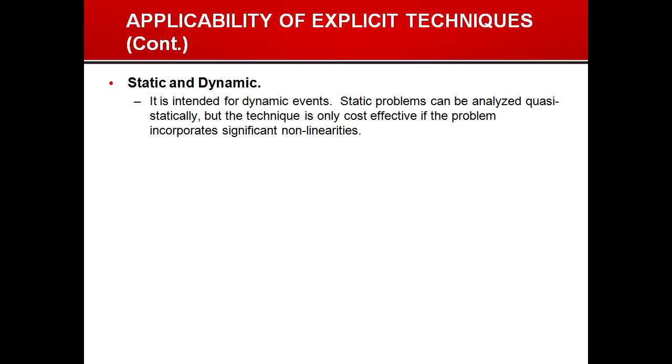This is a bullet that I like to throw in here because, kind of going the other way, there are situations where, in our consulting services, we do nonlinear implicit types of problems where we'll have extreme difficulty reaching a converged solution. Well, we've already said that these explicit codes tend to be very robust in terms of nonlinearity. So in some situations, you may take what could be a static or steady state type of simulation and turn it into a dynamic simulation that we then run with explicit technology. And because of the robustness to the nonlinearities, we can get to a solution that we might not otherwise be able to get. So that's kind of an outlier, but we've had situations where we've used that